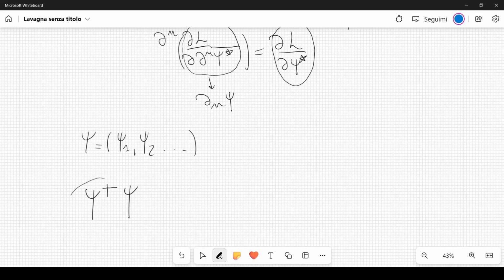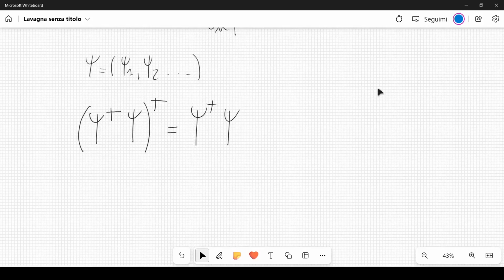It's easy to understand that this will be a scalar. For example, if we take the transpose of this and also the complex conjugate, so we take the dagger, we will get exactly the same thing, psi dagger psi. So it's very straightforward. But if we take only the complex conjugate, for example, of this,